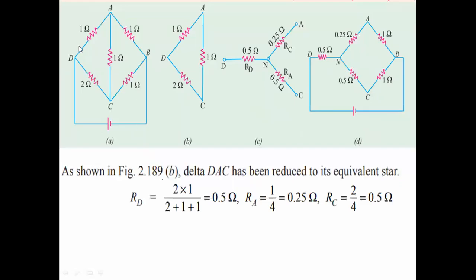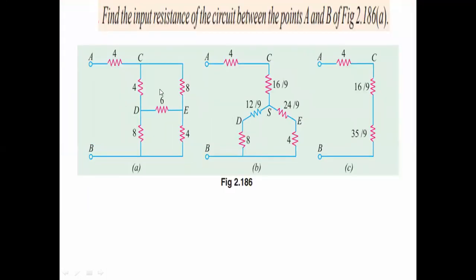This shape of formation is called a bridge circuit. See here, I am showing a network A. This type of formation is called a bridge circuit. Okay, so for this circuit, how can we go? This is also a form of bridge circuit. We have four arms, and in between we have one single resistance. So this will form a delta.